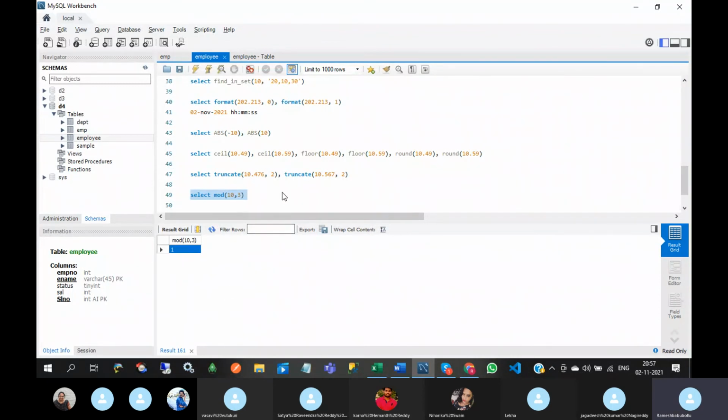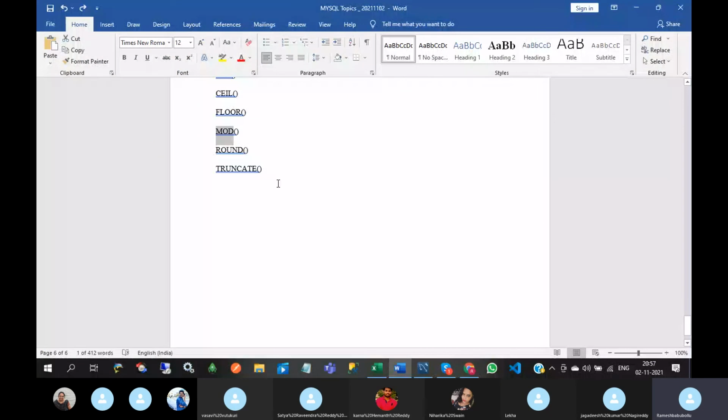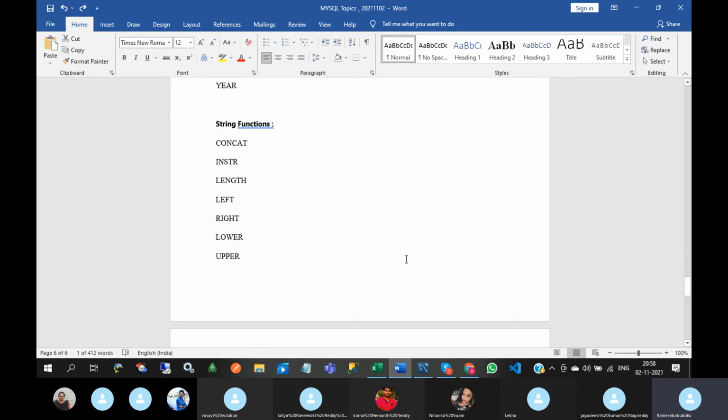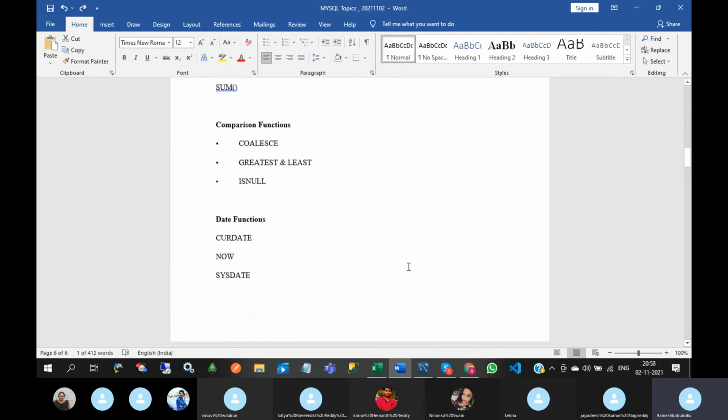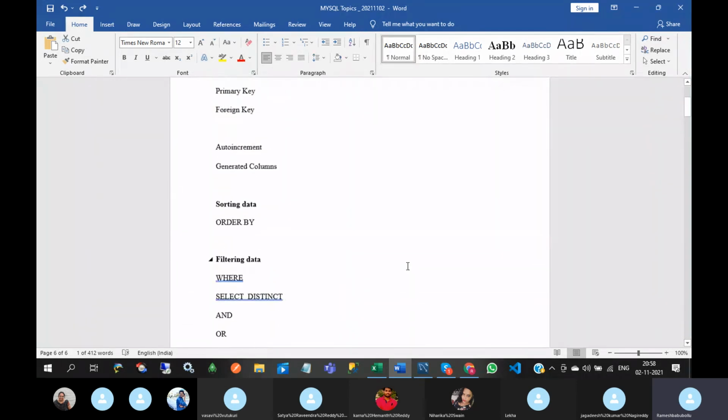So these are the math functions. Window functions we will discuss later, after 2-3 sessions, so you can easily understand them. If you have any doubts, you can ask me.